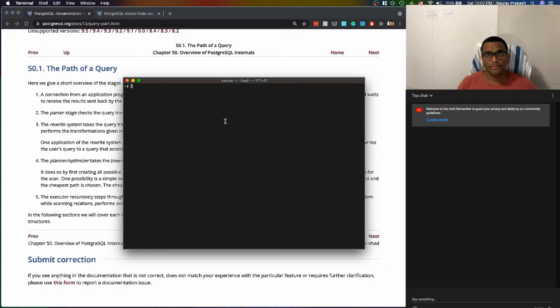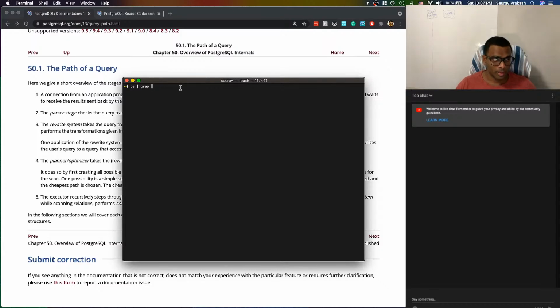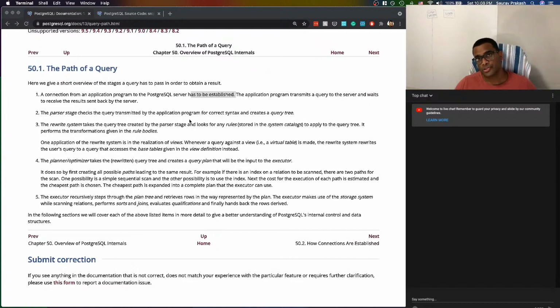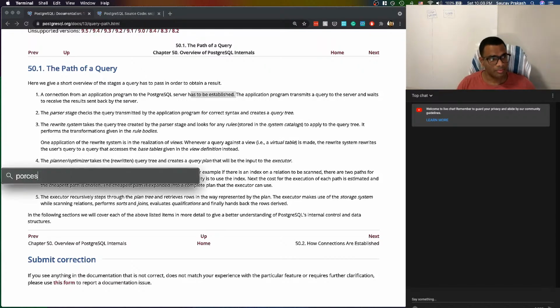If we want to see that, we can do ps, and then we can search with a grep on Postgres, PostgreSQL, and you can see there is a process running, the process ID is 84110, I guess. So this particular process which is running, you can see in your MacBook processes, let me see if we can